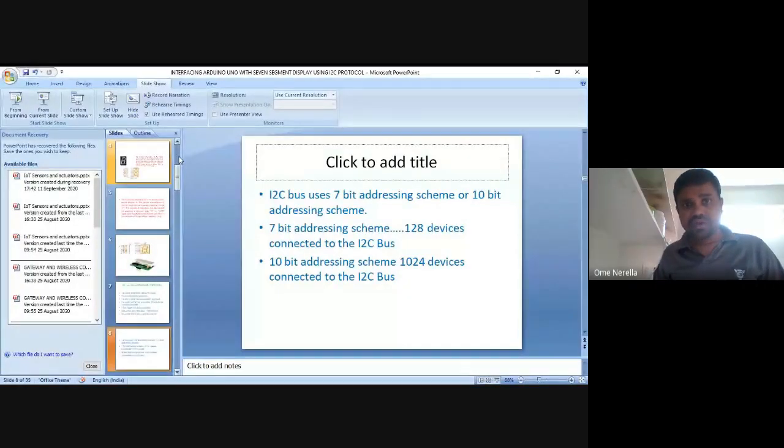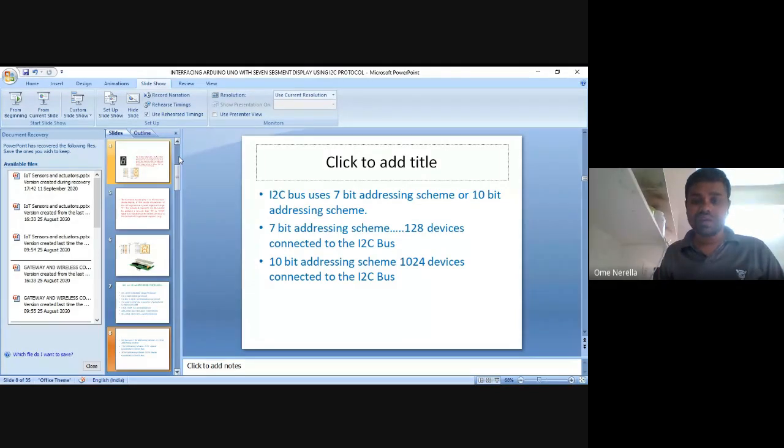Here I want to say only one line about the 7 segment display. It is one of the electronic displays, used to display digits on it. There are two types: common anode and common cathode. Common anode means the anodes are connected to 5 volts, and if you give 0 volts, only then it turns on. Common cathode means all the cathodes are connected to ground, so we should apply 5 volts for it to turn on. It is generally used to display digits. Sometimes we can also use it to display a string or some characters.